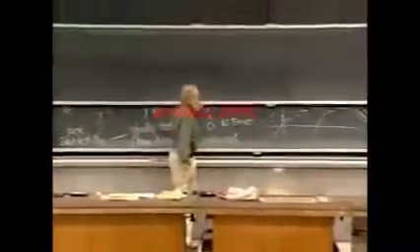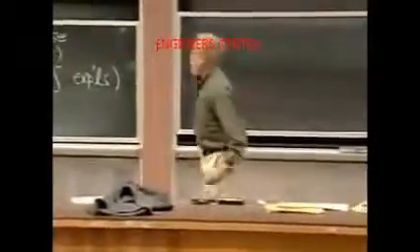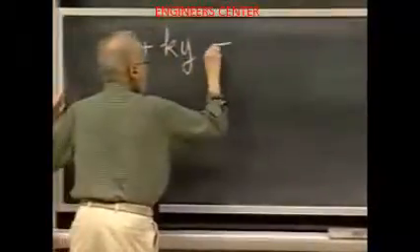Now, what is the equation then that it's going to turn into? The complexified equation is going to be y prime plus ky equals, and now instead of the right-hand side, k